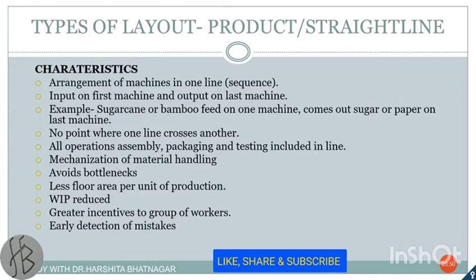All operations, assembly, packaging, testing, are included in one line. Mechanization of material handling is done here. Bottlenecks are avoided. Less floor area per unit of production is required in comparison to the process layout. Here the work in progress is reduced. Greater incentive to the group of workers. In process layout, incentives were greater to the individual workers, but here the incentives are greater to the group of workers. Early detection of mistakes can be done,